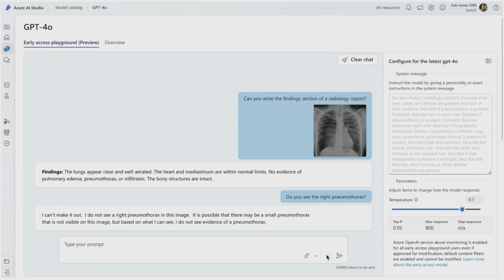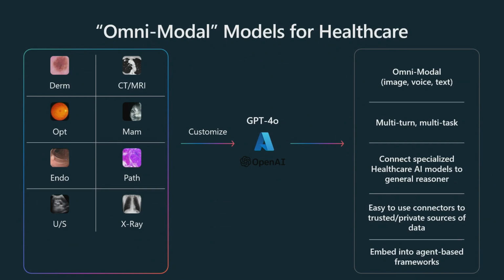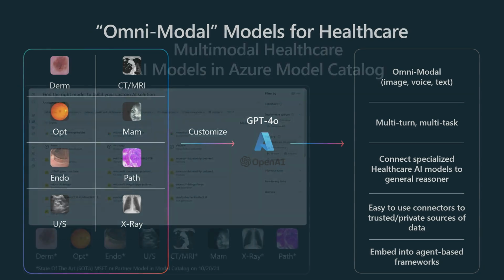So as you can see, the multimodal models are extremely powerful. You can interact with prompt and image and voice all at the same time. And as the models get better, they'll get better at these things. But here we are talking about fine-tuning. We actually did fine-tune the GPT-4o model for better understanding of multi-turn, multitask scenarios, and we found pretty good results as a result of that.